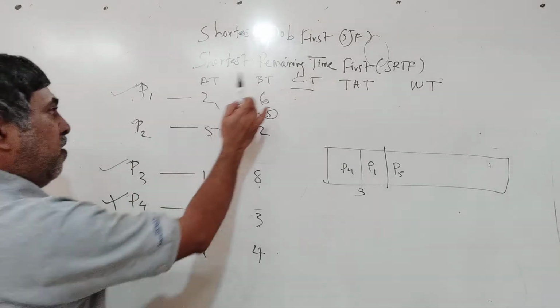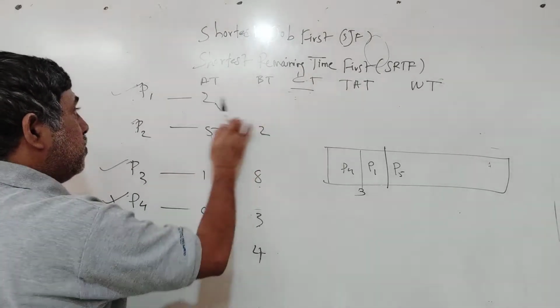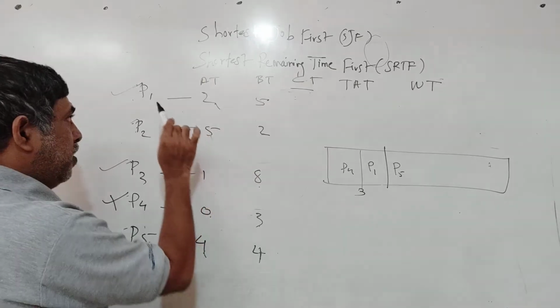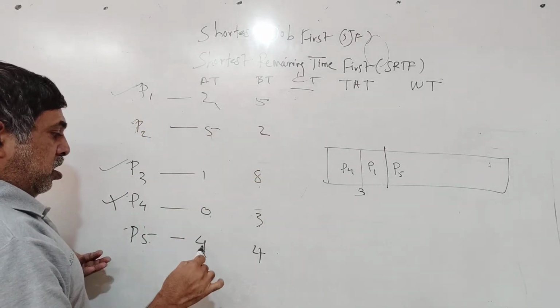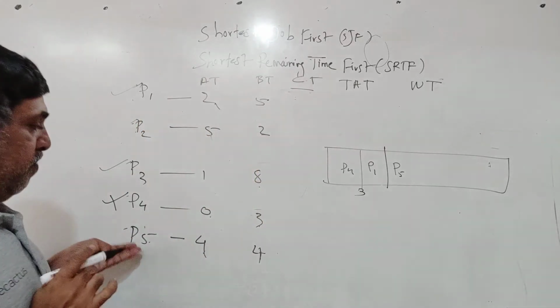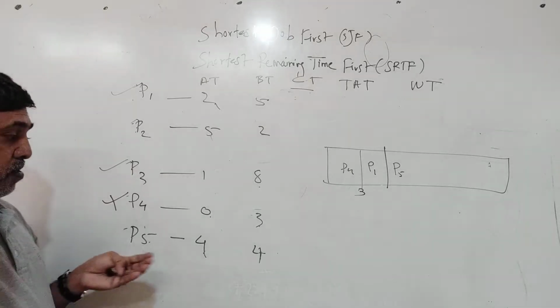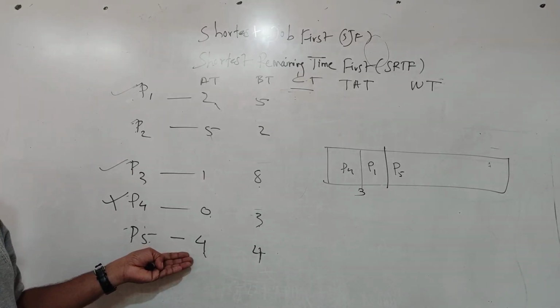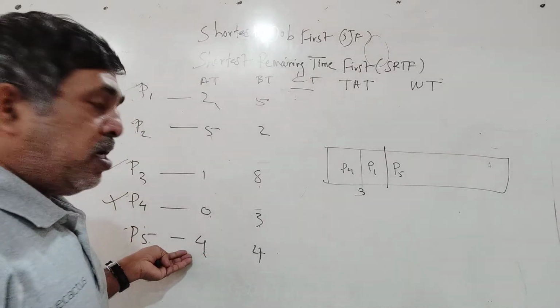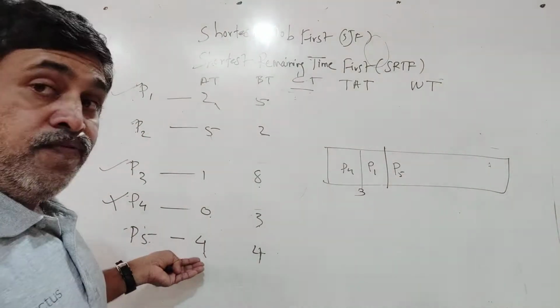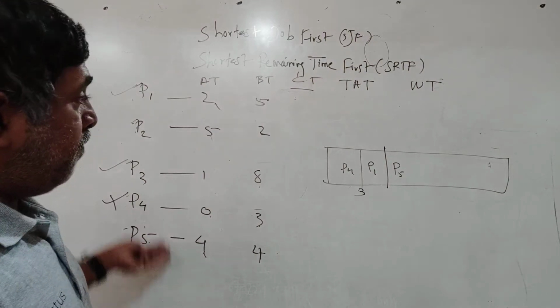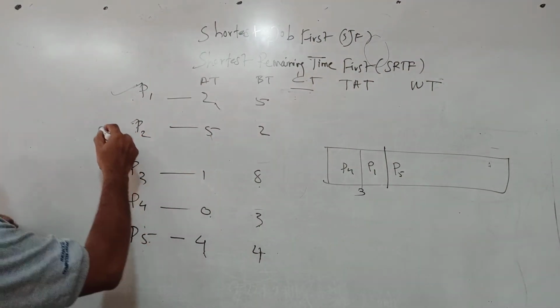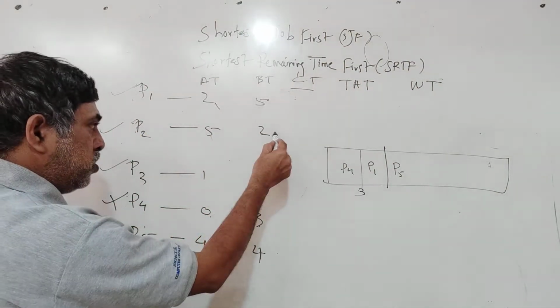So the burst of P1 becomes 5 and P1 is thrown out, and now P4 has started executing. Now once it reaches the 5th second, see the fun. P4 has started executing its 4th unit of time. So in the 5th unit of time you can see P2 also arrived and the burst of P2 is 2.